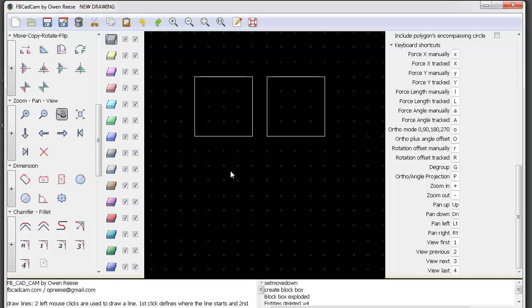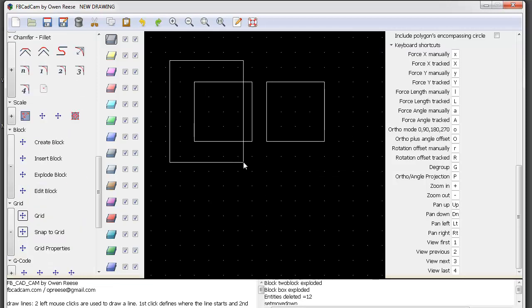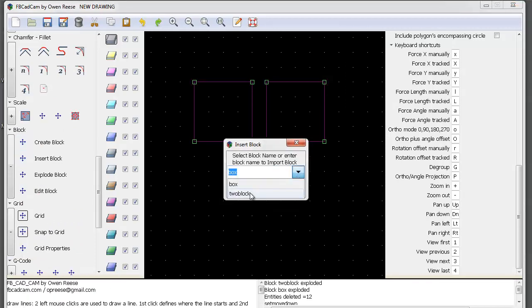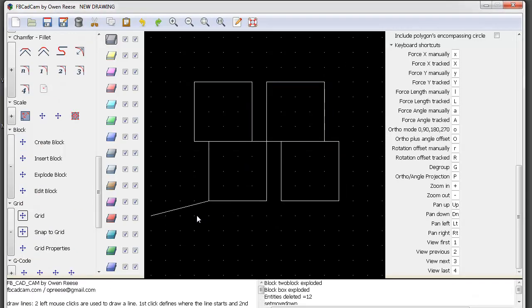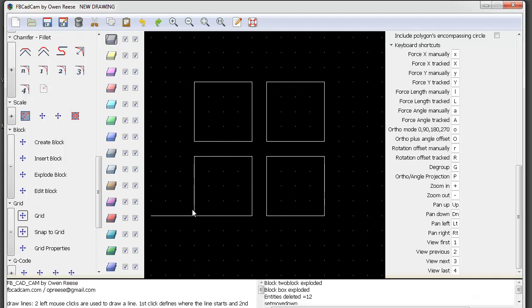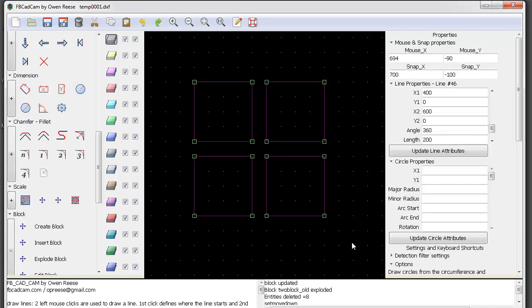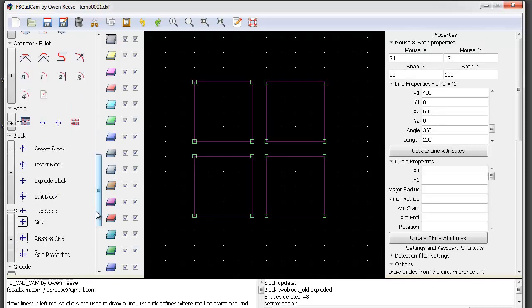To create a Microsoft Windows logo, highlight it again, then insert block, choose the block, and insert block. Once you've done that, left click to finish it. As you can see, it creates a Microsoft Windows logo. So it looks like that. If I want to change this block, just go to edit block,